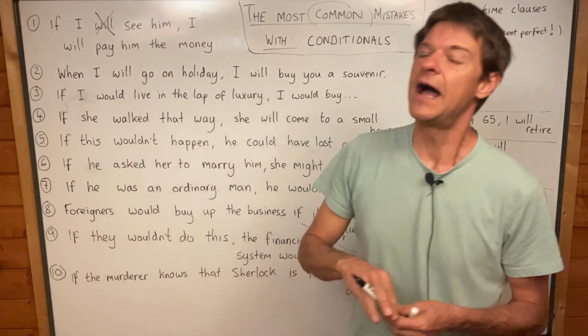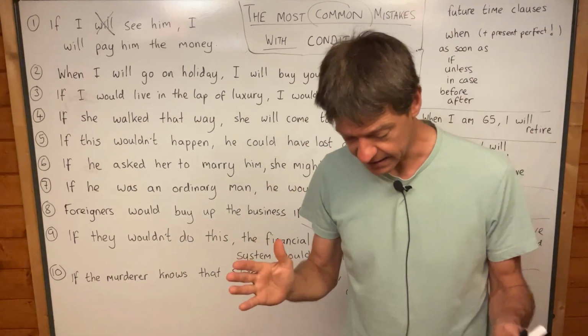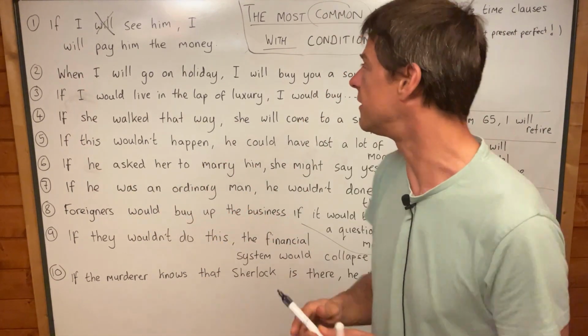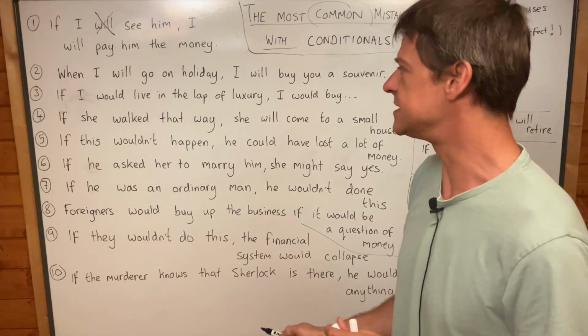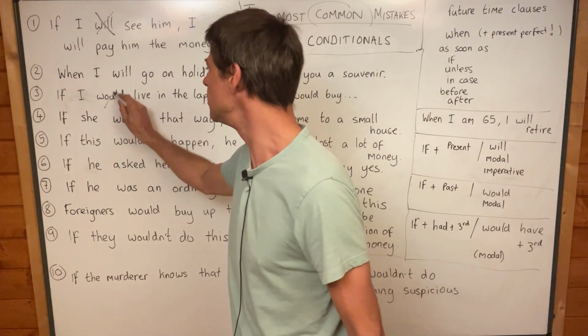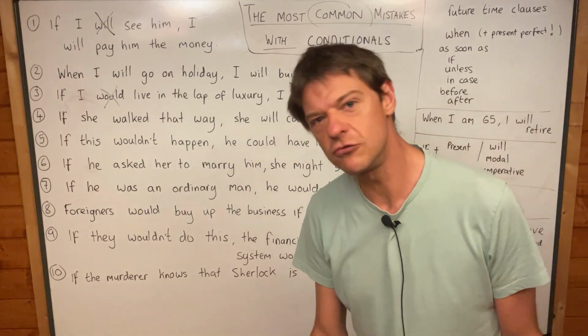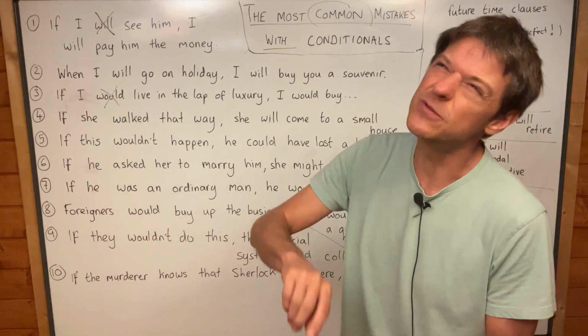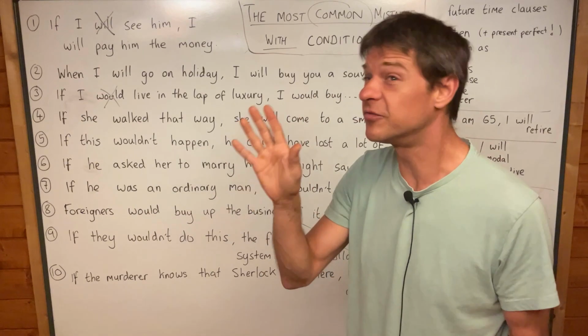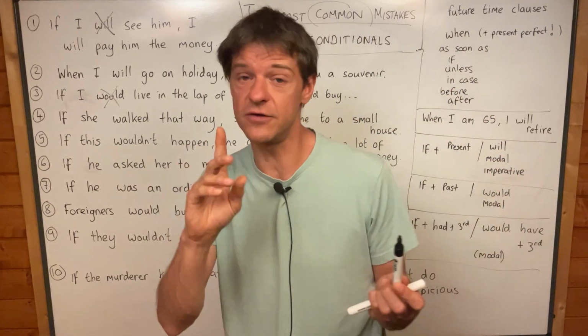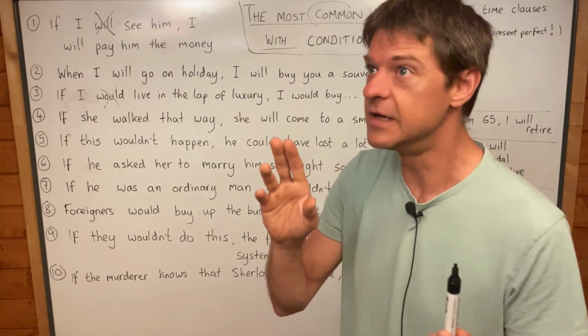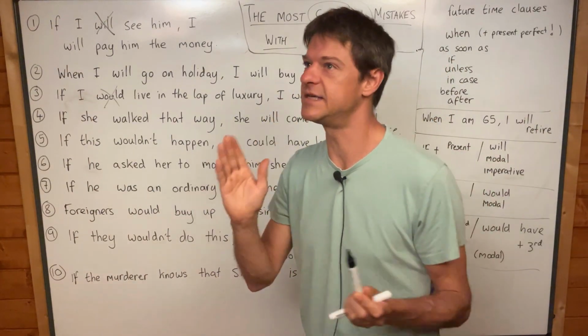If I will. And this is why I tell everybody right from the start that when you're dealing with conditionals, if you say if I would, you're always wrong. And if you say if I will, you're always wrong. Now, I know that if I would is possible in one or two situations, and I know that if and will is possible, but it's not possible in a conditional.